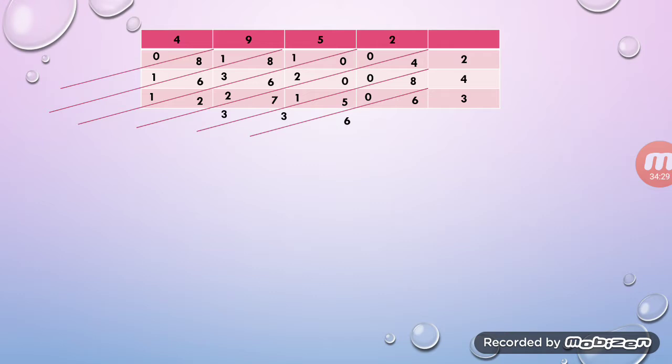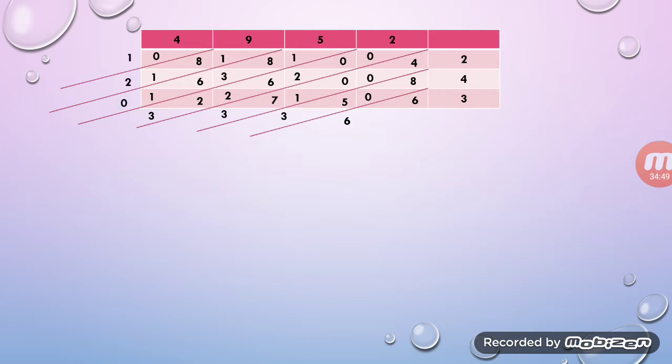bout of 13. So once again, we're going to carry our remainder over. We're going to have 3 as our first number, carrying over the remainders. We're going to have 0, 2,